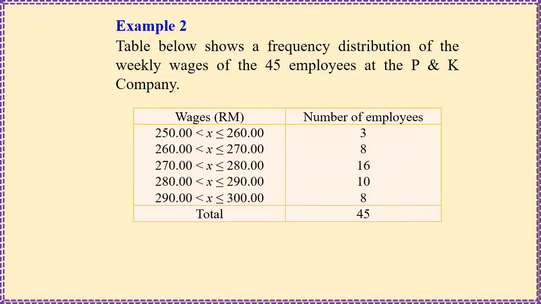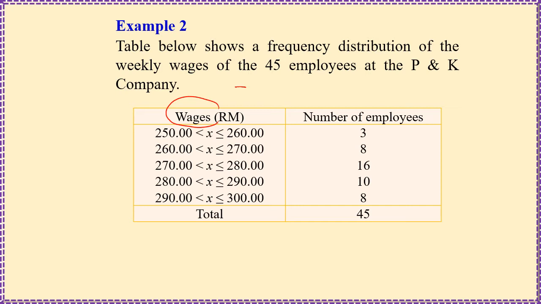Example 2. The table below shows a frequency distribution of the weekly wages of the 45 employees at the P&K Company. So the wages, okay, gaji. So it will be 250 up to 260. Notice here we don't have an interval with a dash sign, but we have it in the form of less than and less than or equal to. Okay? So how do we treat this type of